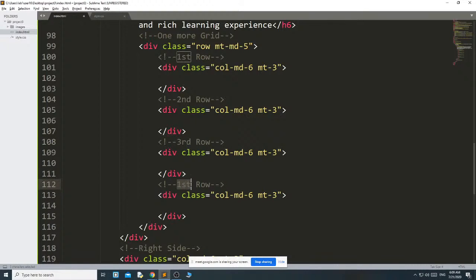I am again repeating that whenever you are using multiple grid pattern, use the comment line, so that you can come to know which div starts from where and which div ends where.